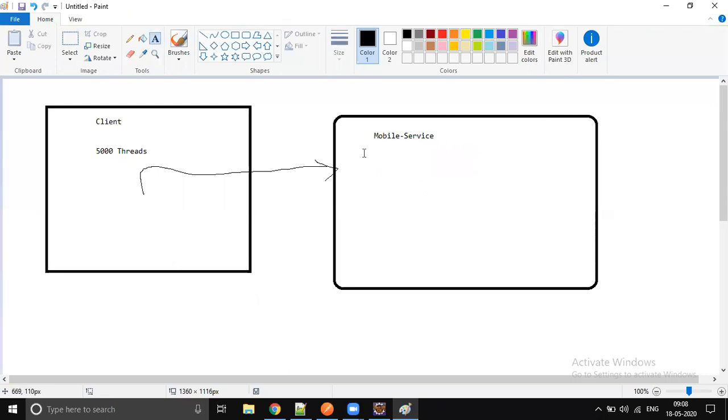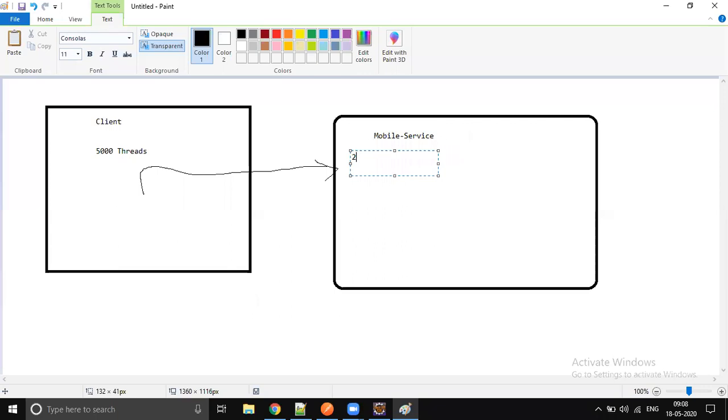Any idea? No. Okay, the default thread pool is 200, at least for Spring Boot. So at a time it serves a maximum of 200 requests. If there are more than 200, then requests 201, 202, 203 have to wait.